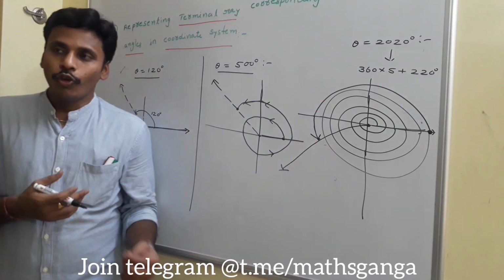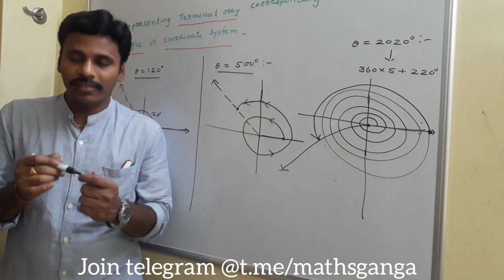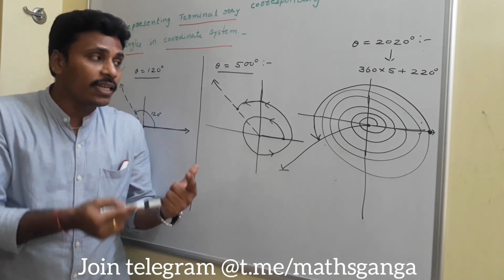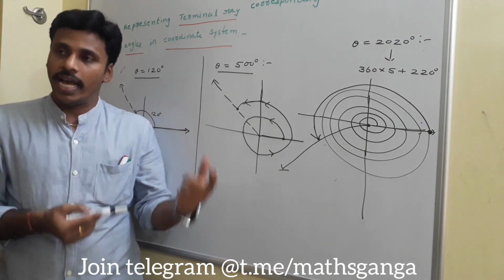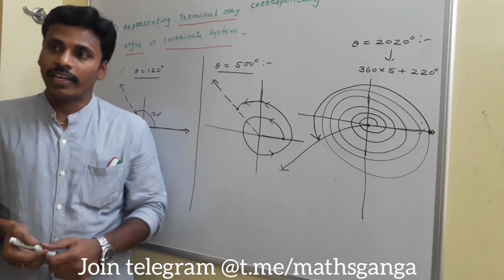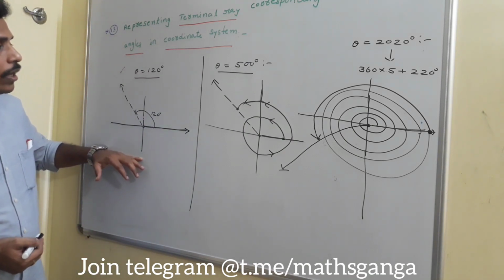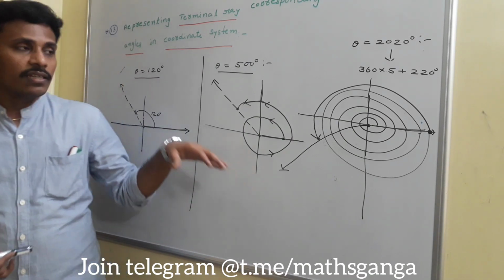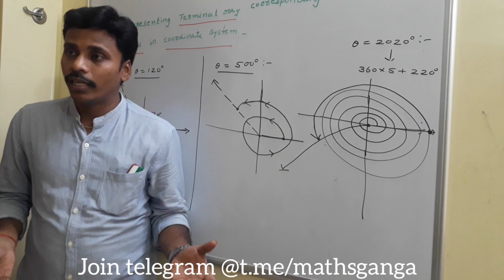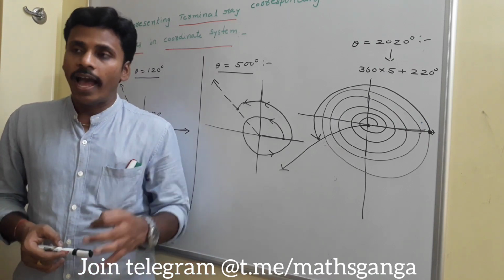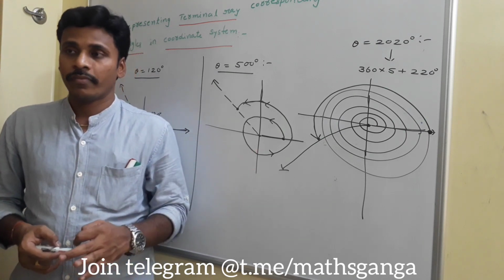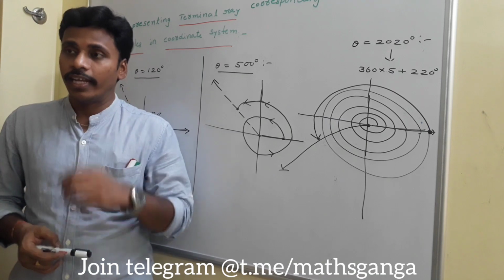If you look, it is very simple, but you need to understand the mechanism of what is happening there. You need to rotate as many times as required depending on the angle, and as per that rotation, this is the terminal ray corresponding to the given angle. So this is the terminal ray for an angle of 120, this is for 500, this is for 2020, and you can also represent the terminal ray for an angle of 1000 degrees. For every angle, you will get a terminal ray as per the rotation of the positive direction of the x-axis. I think it is very clear for everybody, right?